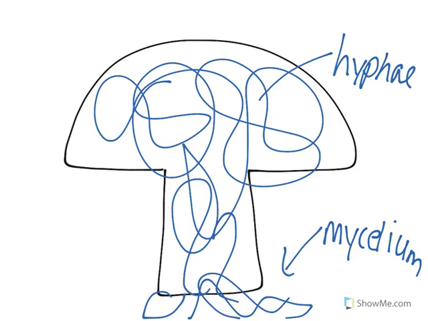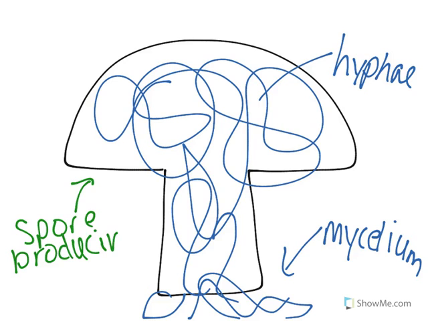It has a few different uses than the hyphae, whereas the hyphae just delivers the nutrients throughout the fungus, which is its purpose. And then right underneath, right here, there are going to be spore-producing structures. And these are going to be what allow fungus to reproduce. So these are very important as well. And those are the main parts you need to know about a fungus. It's pretty simple, but they're also very important and very beneficial to our world.